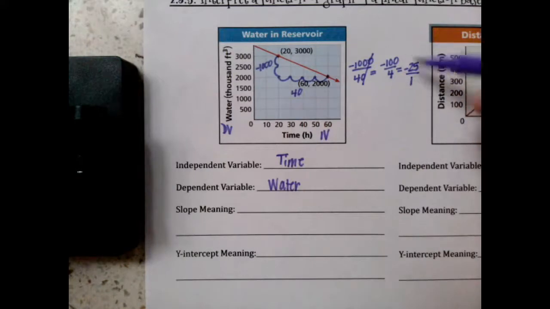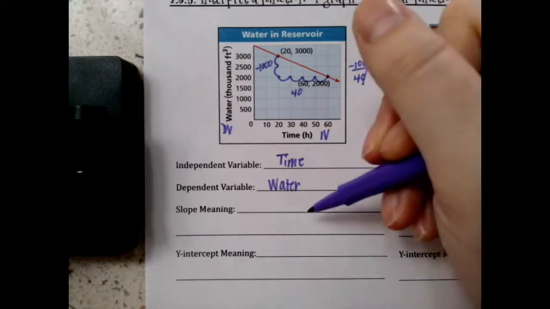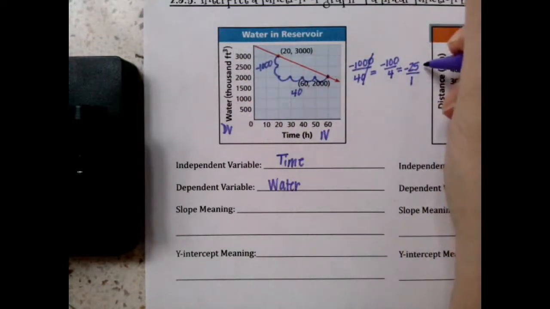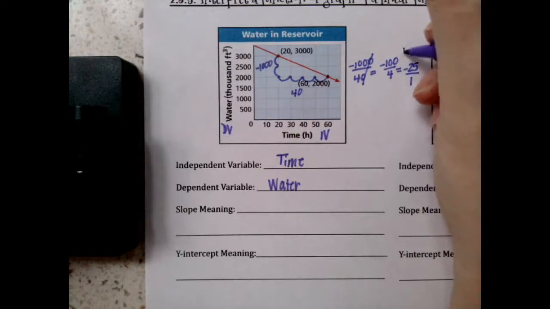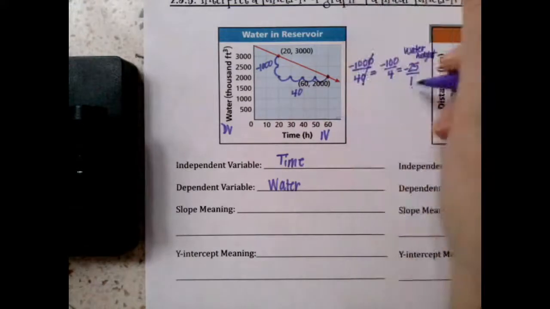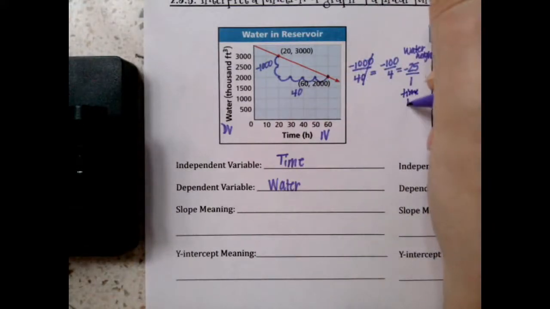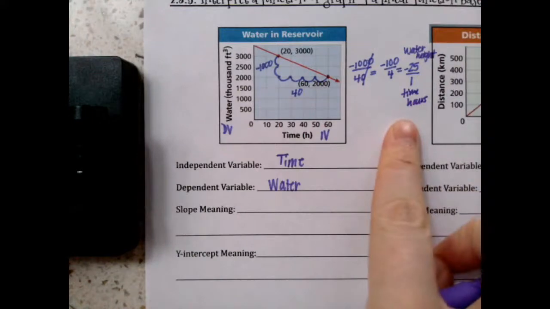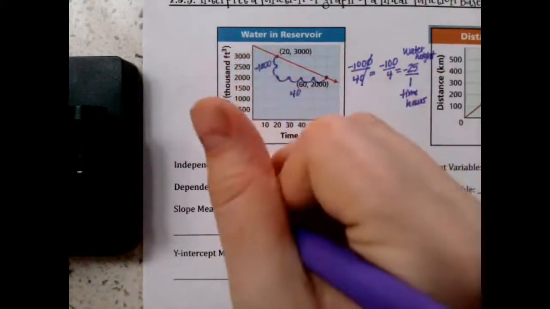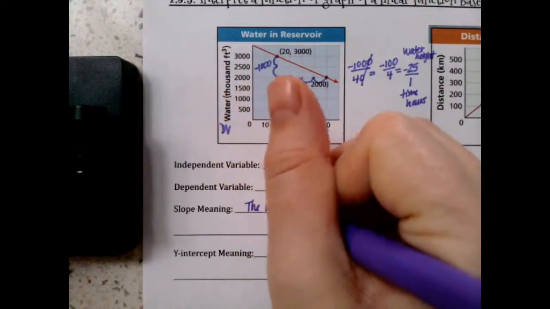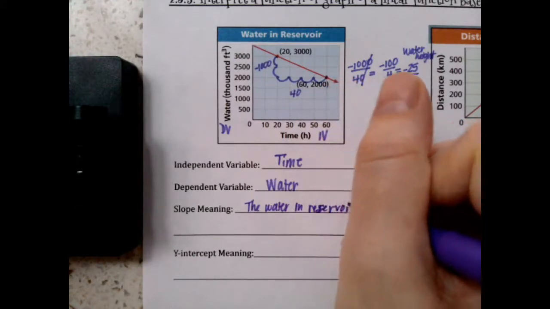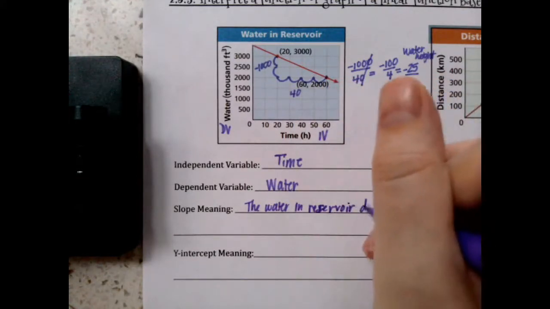And I like to label my slope and then write the sentence. So the negative 25 is the rise, which stands for the water. So this is the water height. And the 1 is the run, which stands for the time in hours. And so the water in the reservoir is dropping. So I can say that the slope means that the water in the reservoir, wow, that is a hard word to spell. The water in the reservoir drops